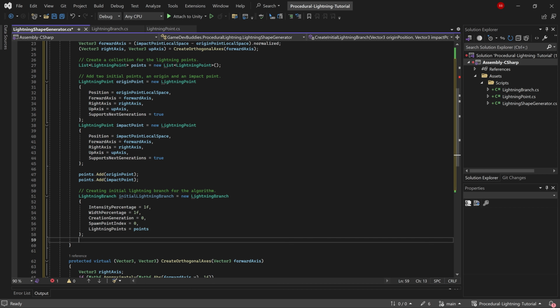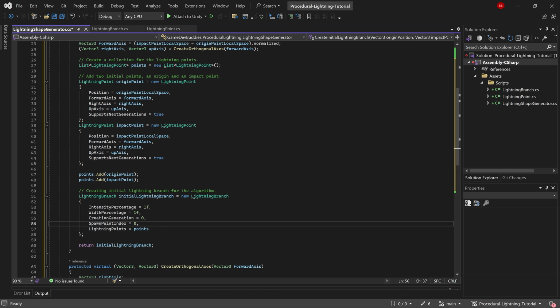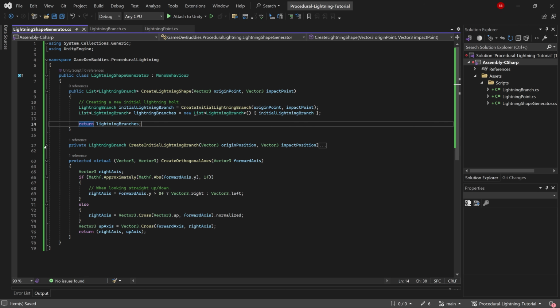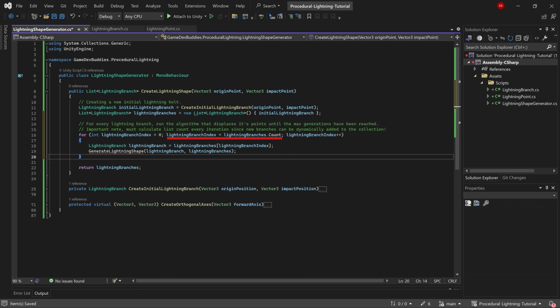Return the branch at the end of the function. With the initial branch created, we can start with the execution of the algorithm. Make sure to calculate the number of branches in every iteration, since new branches will be added during the execution